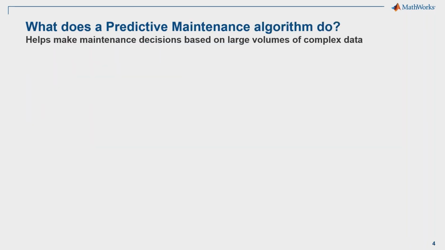Okay, so at a high level, what exactly does a predictive maintenance algorithm do? Well, there's a couple of different things that it can do, and it really comes down to a couple of questions you might want answers to, right? More generally speaking, predictive maintenance is a form of machine learning. More generally, it's a form of AI, and in this, we're generally going to take data that we have and want to make a decision based on the data we have. And as I mentioned before, there's a couple of questions that we probably want answers to in this process.